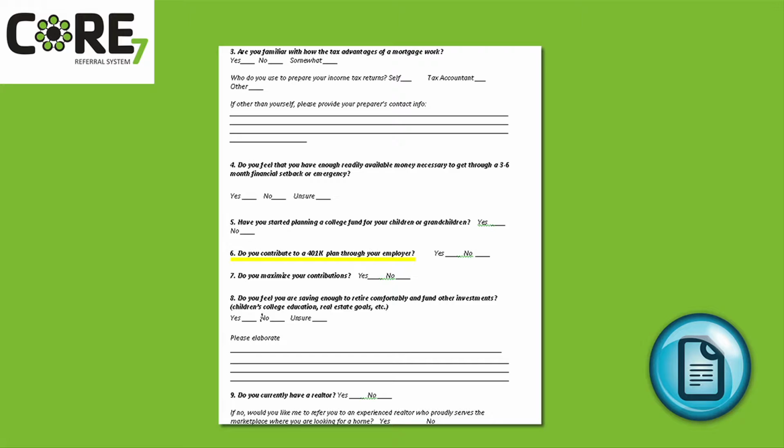This is a big question with a ton of opportunity to help your clients. Many people do not take advantage of their 401k options at all, and the ones who are, many do not contribute the maximum amount. This is great to know, especially when a client is doing a no-cost refinance where the client saves $50 to $100 per month. Many clients initially don't think $50 to $100 is enough savings to go through the tedious refinance